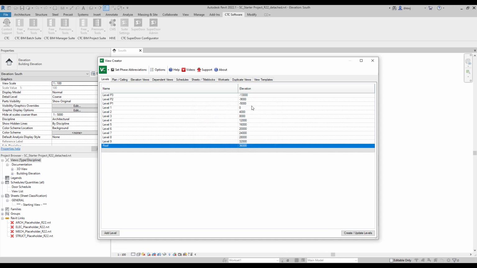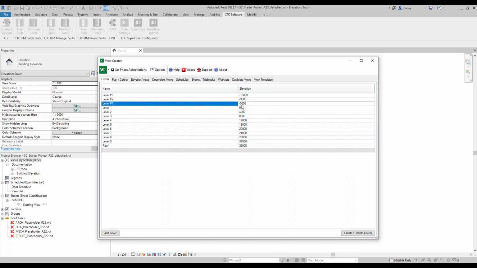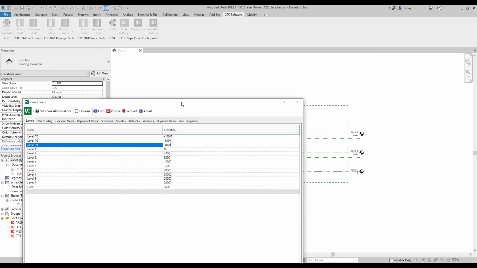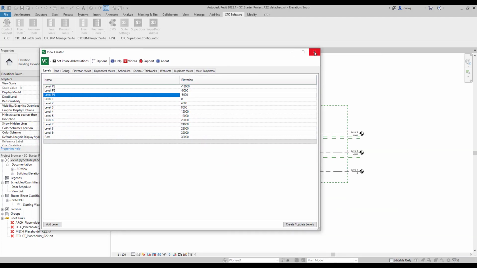Now, this is also a place where we can modify the numbers. So if I got the wrong number in here and this is meant to be 5500, I can simply change that. Once I close out of the tool